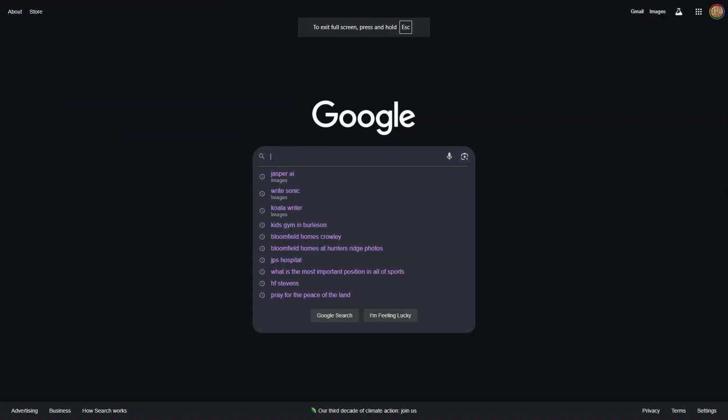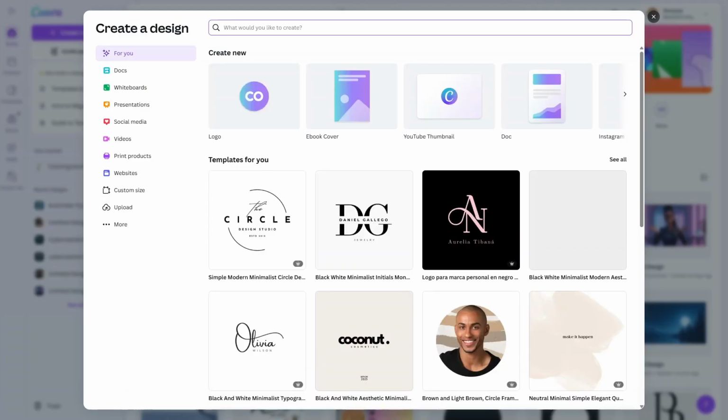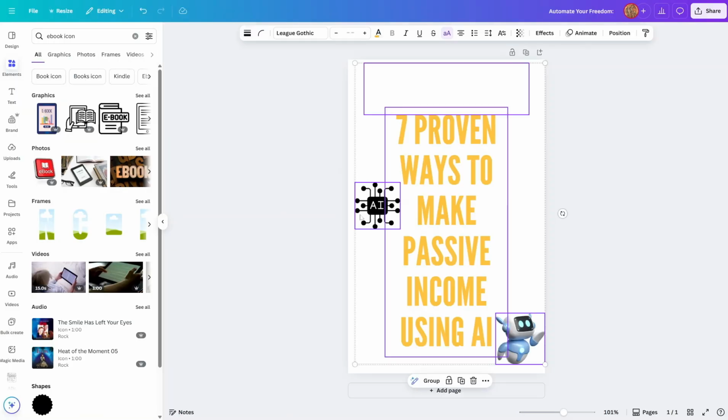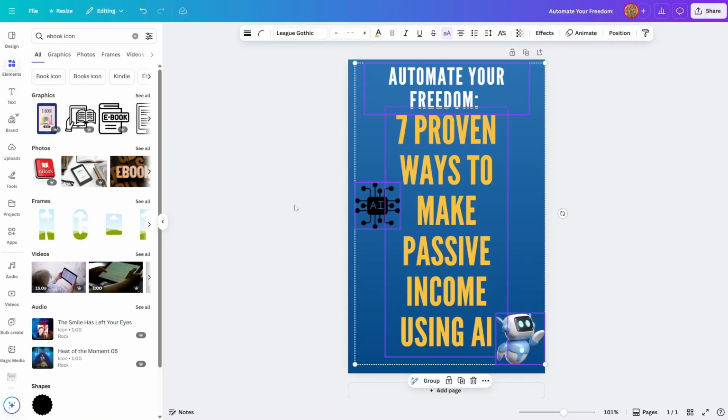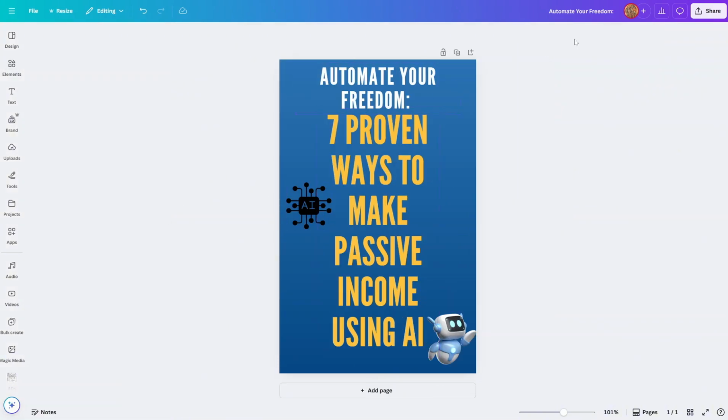Now let's head over to Canva so we can put this outline into a template. So head over to canva.com, search ebook, and choose a template that you love. Add your text, use AI-generated images from Canva, Leonardo AI, or Pexels. You can use custom colors and fonts. Keep it clean and minimal. Now that you're ready with your template and your ebook written, export it as a PDF. Bam! Your ebook is done.